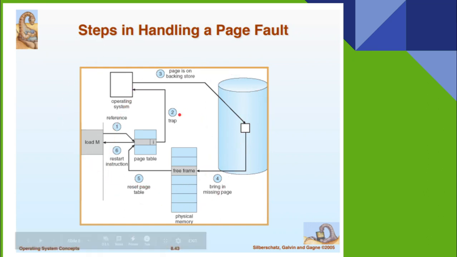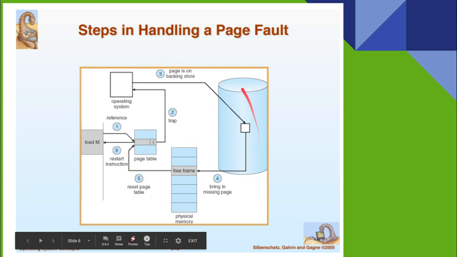What is page fault actually? If a necessary page is not in the physical memory, the system has to bring it from the backup. That is called paging. If the necessary page is not available in the physical memory, that is called a page fault. It has to be brought from the secondary memory. These are the steps followed to handle a page fault. There are 6 steps here.